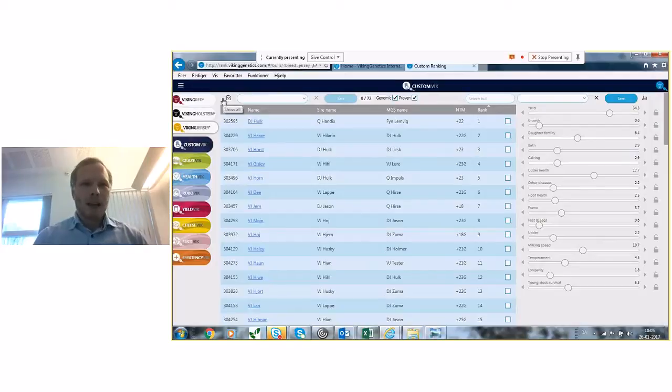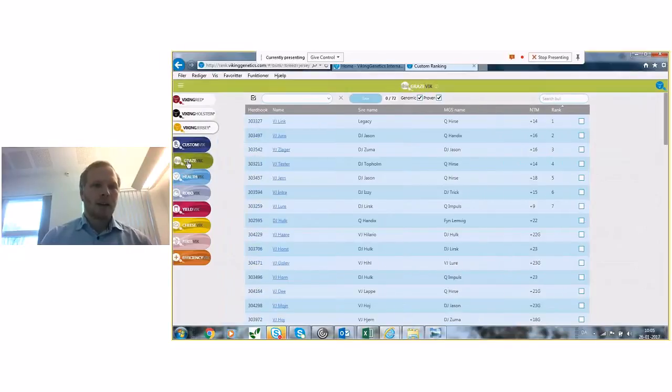Then we have the different customized Viks, like Grace Vik, Health Vik, Robot Vik, Yield Vik, Cheese Vik, Fertility Vik, and Efficiency Vik. So it depends on, for example, I was in Ireland last week, so they might be interested in looking into Grace Vik. They press on Grace Vik, we can see the green line up there means Grace Vik. And then we'll get the top bulls for Grace Vik in the top.